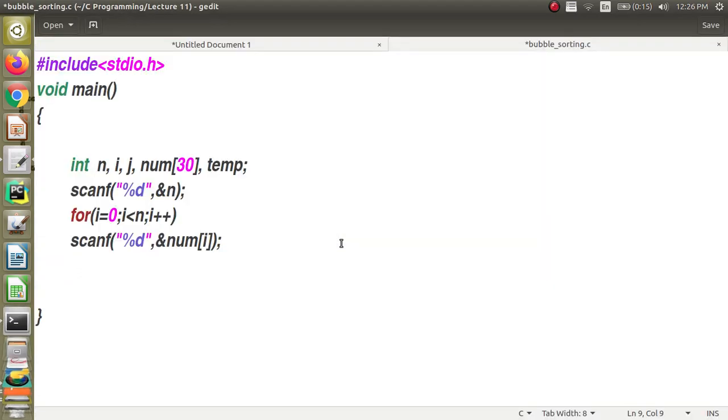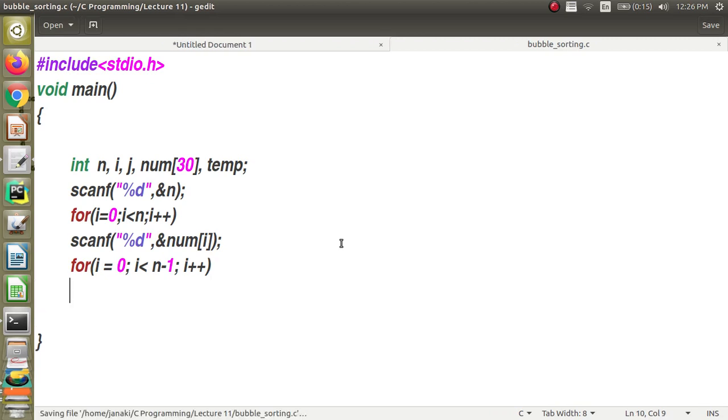Then what should I do? You have to start comparing and swapping and so on, right? So I am going to have a for loop to indicate the number of iterations that you are going to go. How many iterations did I tell you? For 5 elements, 4 iterations. So for n elements you should go n minus 1 times, right? Since we start the value of i from 0, I can say i less than n minus 1, that is enough.